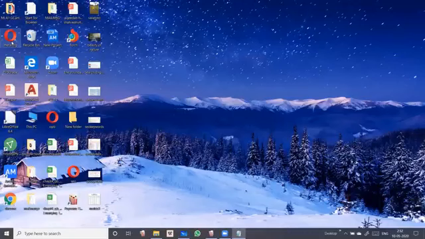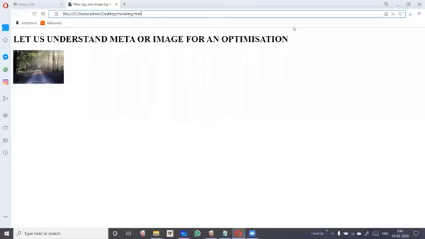This is the page which I have created. Now I'm going to run it. Okay, students, we have seen how to use the meta tag and image tag with alt attribute. One more thing, students: in the last lecture we missed the explanation of the title tag. We know how to use the title and where it is displayed. So here we can say that this is the title tag.